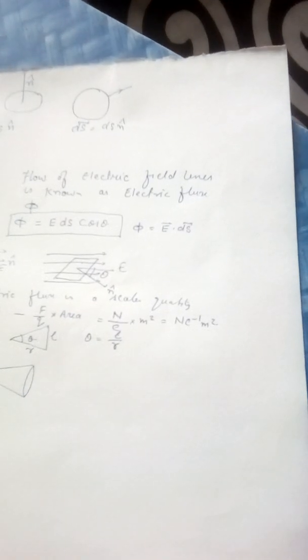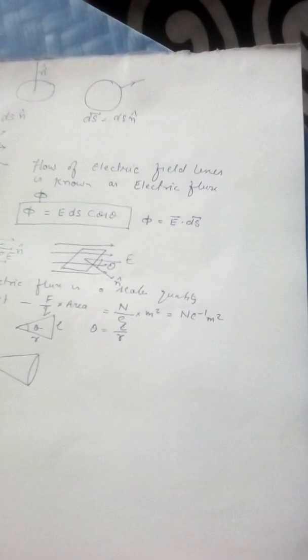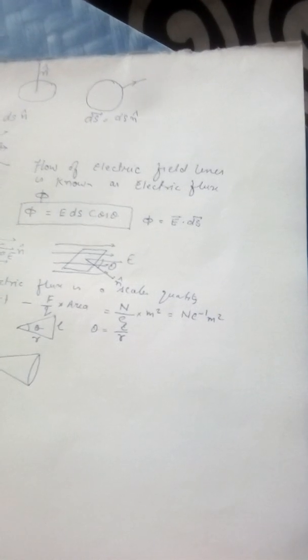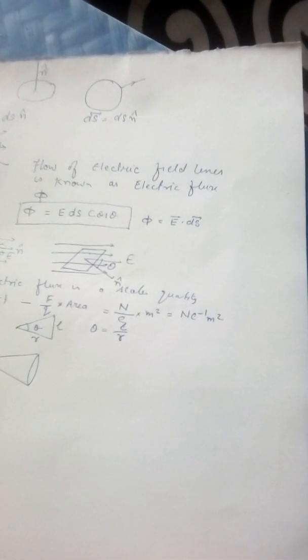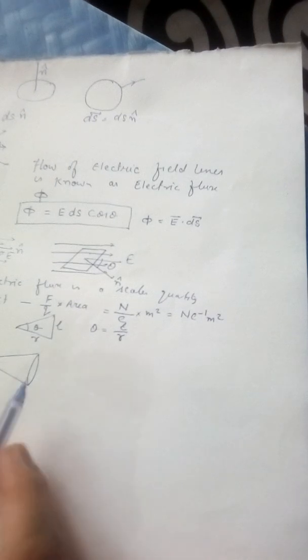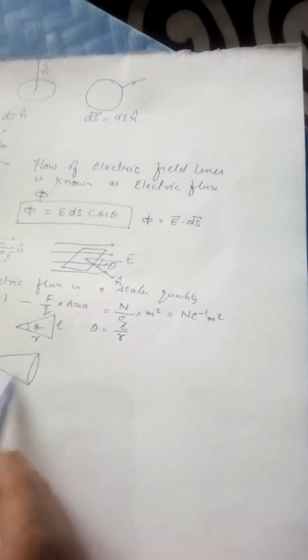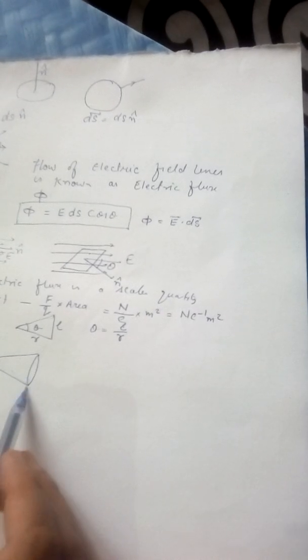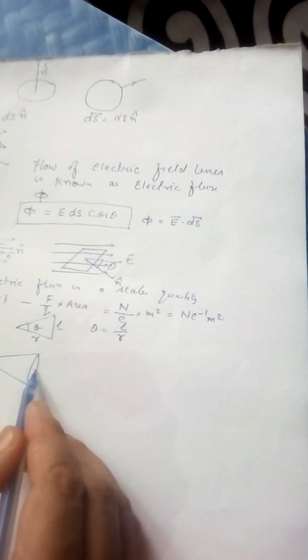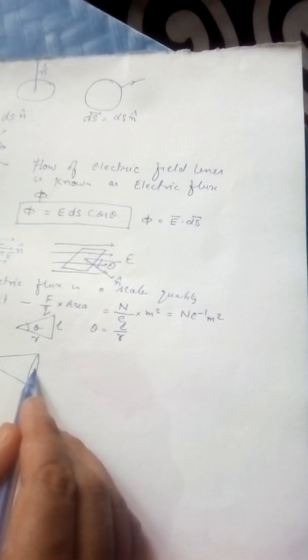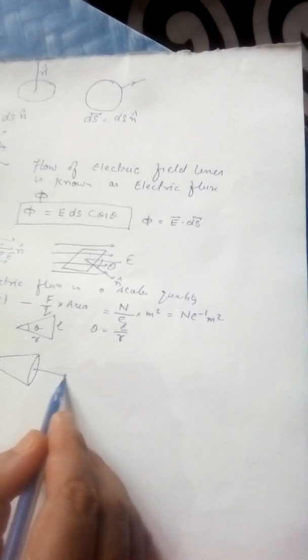All of you have seen the cone like structure when you are going to the market and taking some grams, or you can call in Hindi Kabuli wala. You can find this cone type structure. This is actually the surface enclosed by all the four sides, and this is the area element. Suppose this area is ds, and this area normal is in this direction.